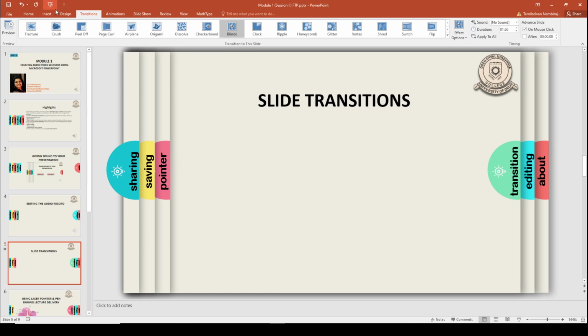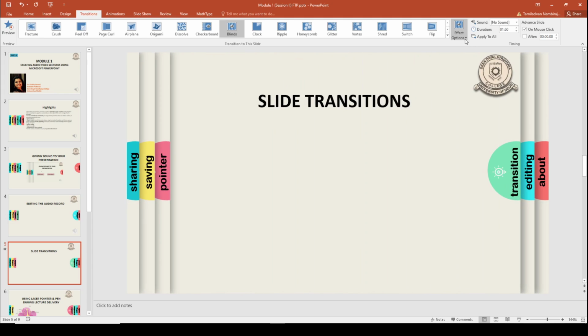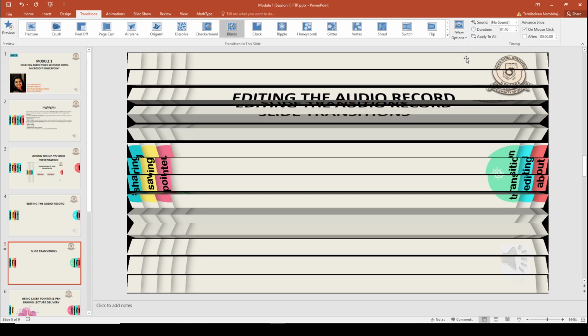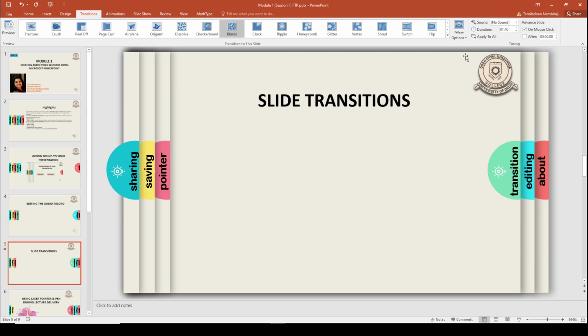Now, beside this long window showing multiple options is a small button by the name Effect Options. For each of these options, you have further sub options available. If I click on this option, you see that if you want vertical blinds, you can select this, but if you want horizontal blinds, that option is also available.